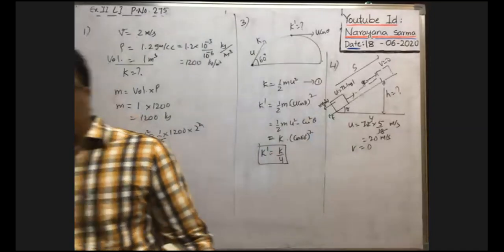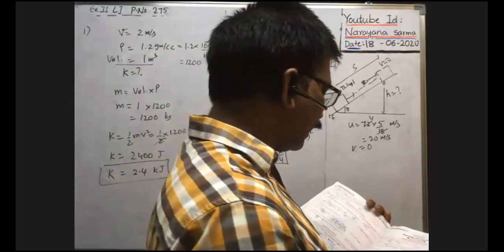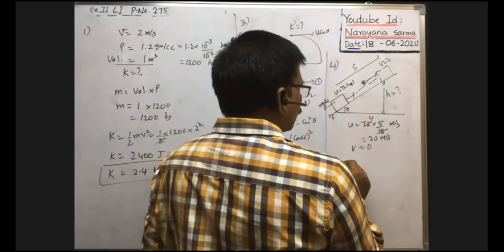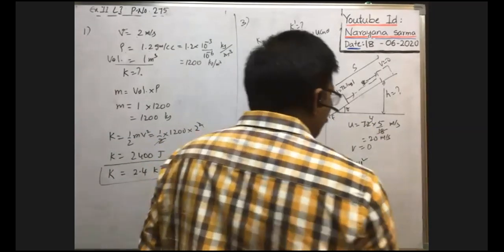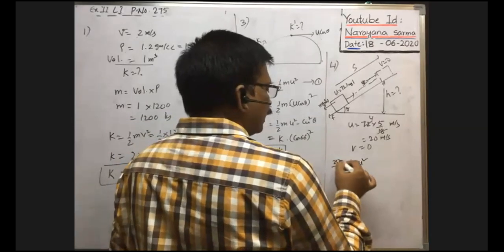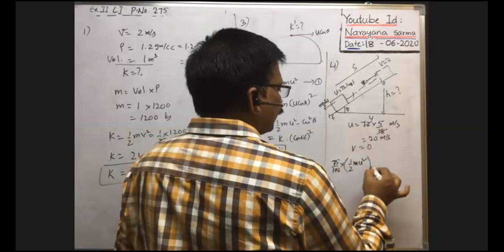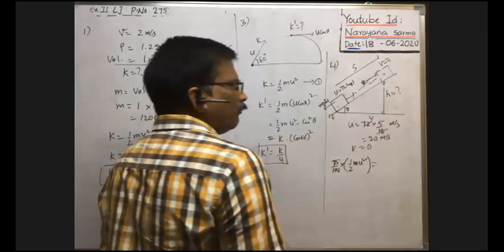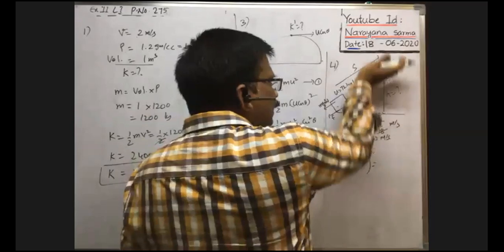If 25% of the energy of the body is wasted to overcome the friction, the car rises to a height of. Here, 25% of energy is wasted to overcome the friction. The initial kinetic energy is half m u square. 25% wasted means 25 by 100; wasted means the remaining is 75%. So with 75% of the kinetic energy, it rises up to this point and comes to rest here. Whenever it comes to rest here, it has risen to a certain height, so it gains potential energy.